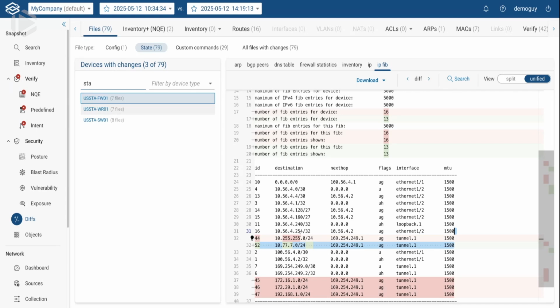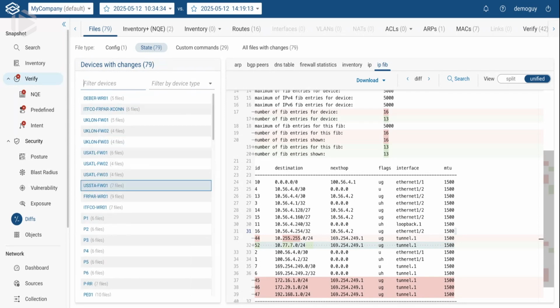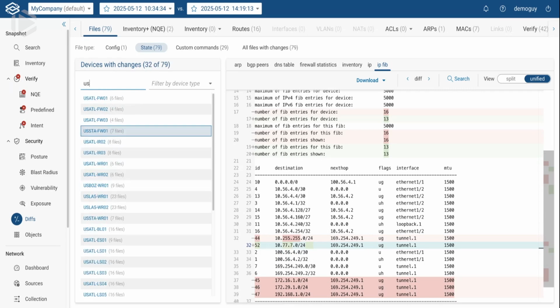So we can jump to its neighbor, which is actually a VPN tunnel in Atlanta. Is the 10.255.255.0/24 route the one we're talking about? Yep, it's this one right here. It's gone. So in the FIB on this firewall, where we have the problem, the St. Augustine firewall, we're missing a /24. Correct. And this IP address, I happen to know, is its peer on an Atlanta firewall.